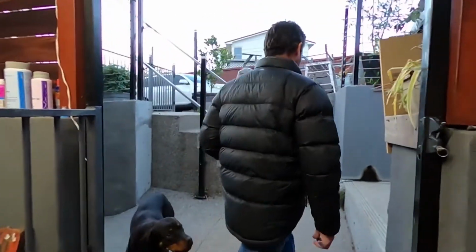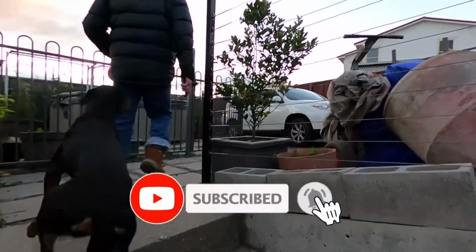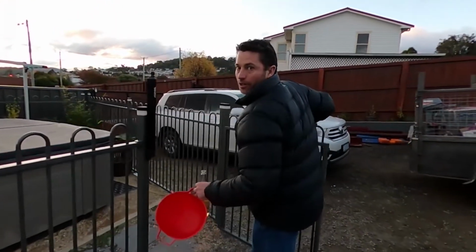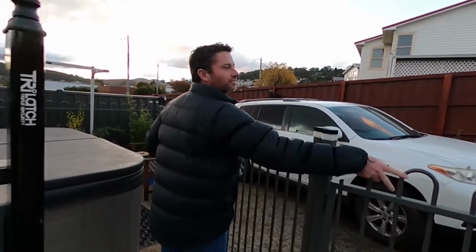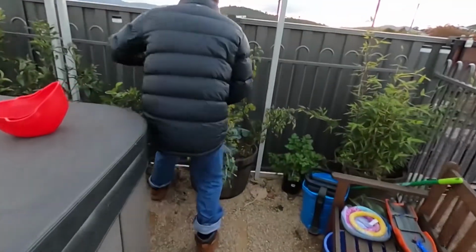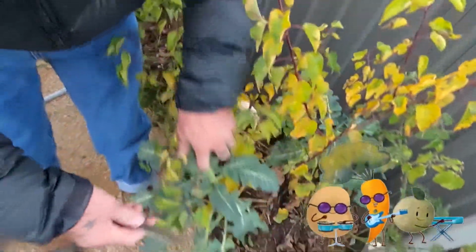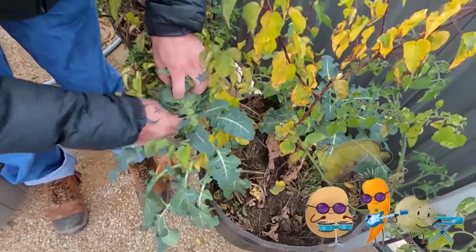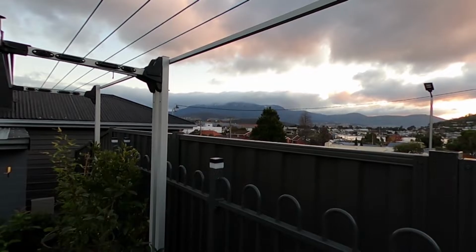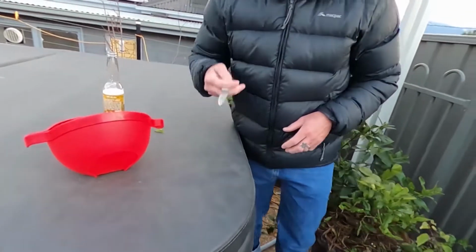Go get some vegetables. Got a bit of broccoli in here. It's now winter, so we're just going to take the broccoli for what it is. As you can see, there is snow on the mountain. This broccoli is not going to get any bigger. Right, so we're going to take that, and